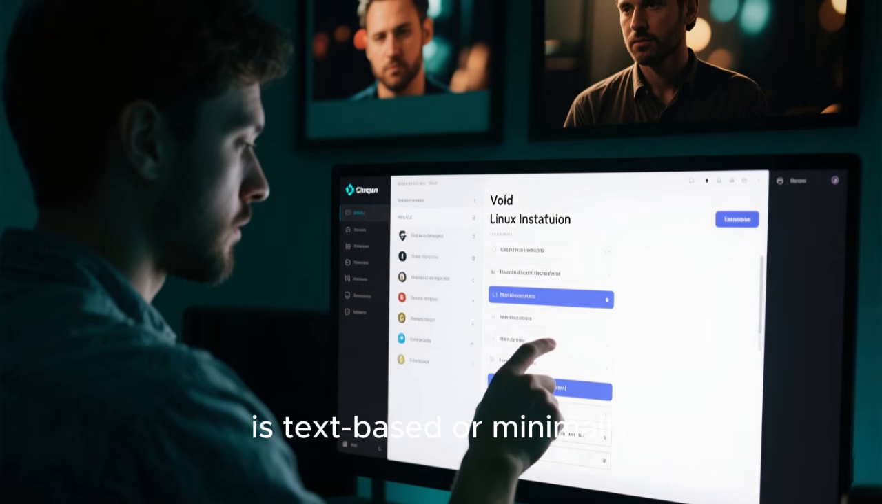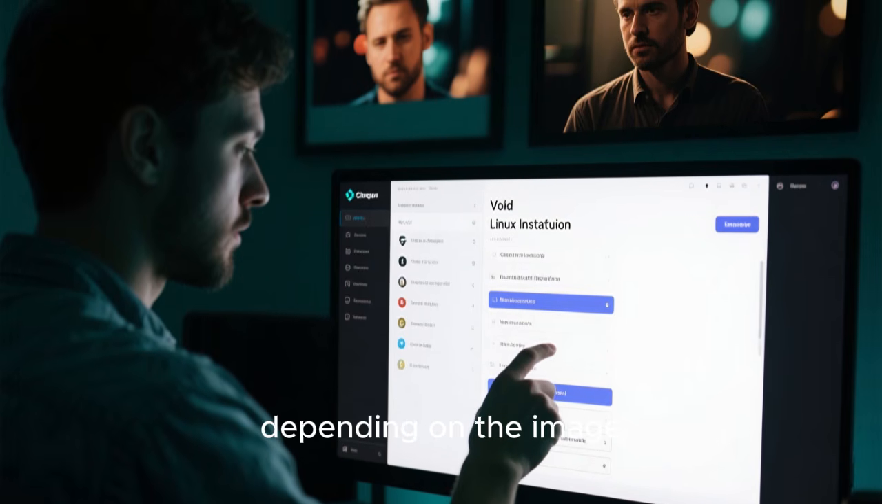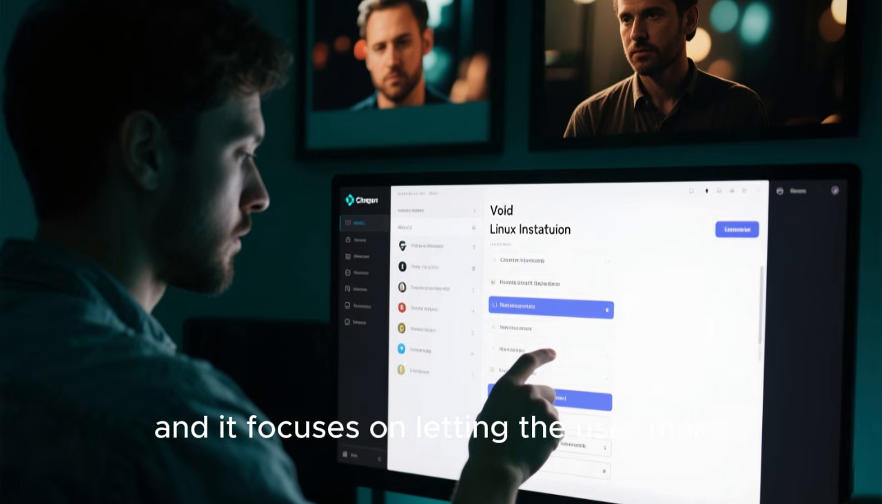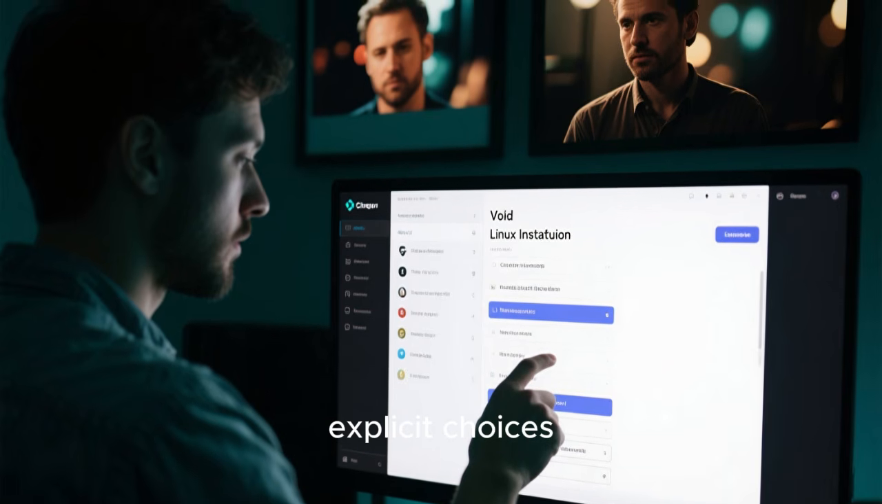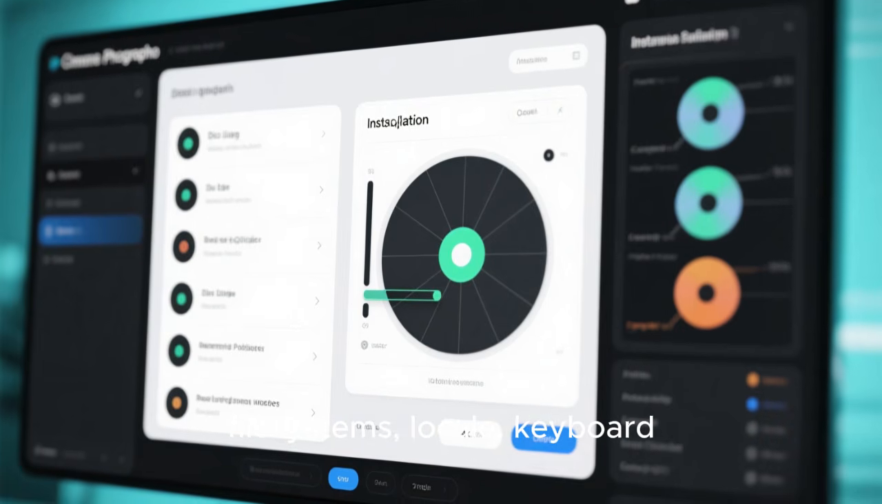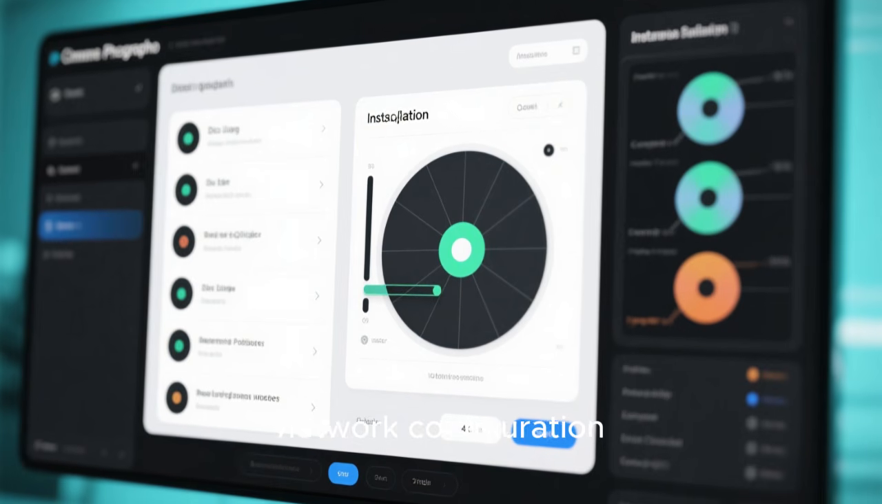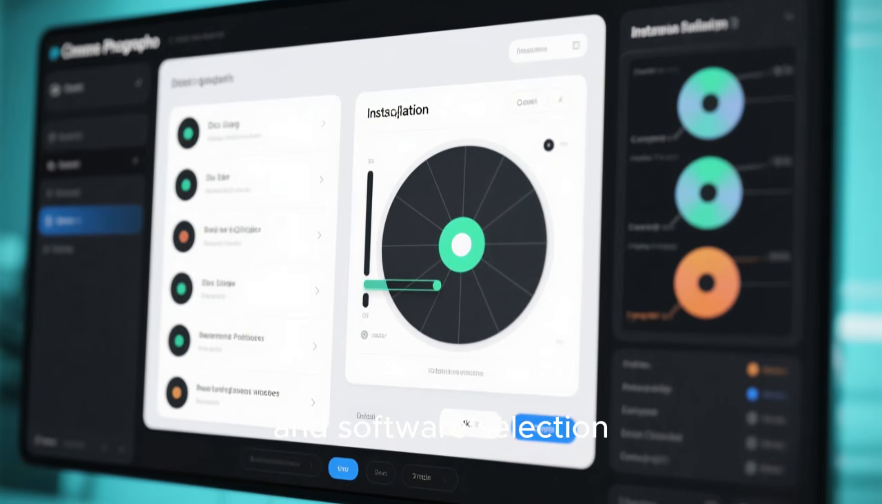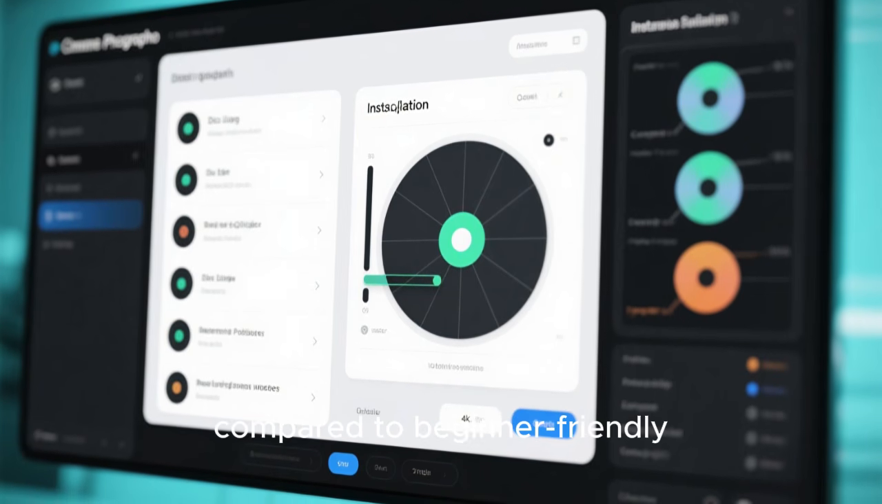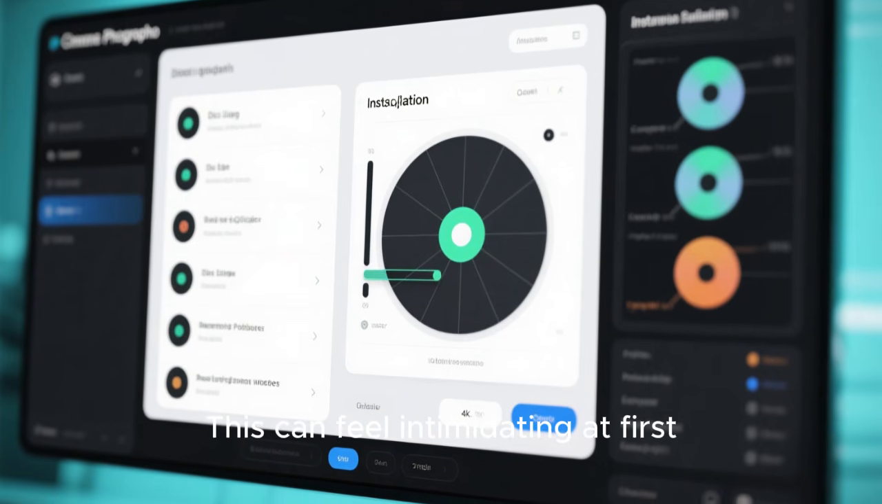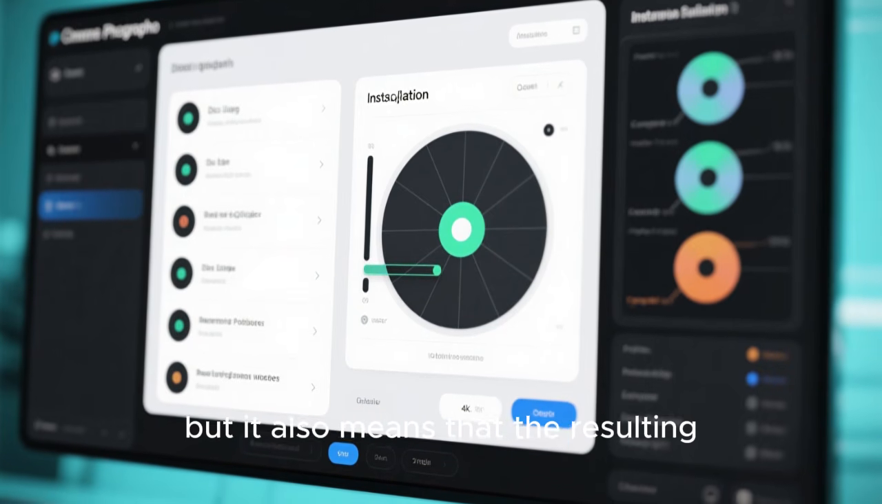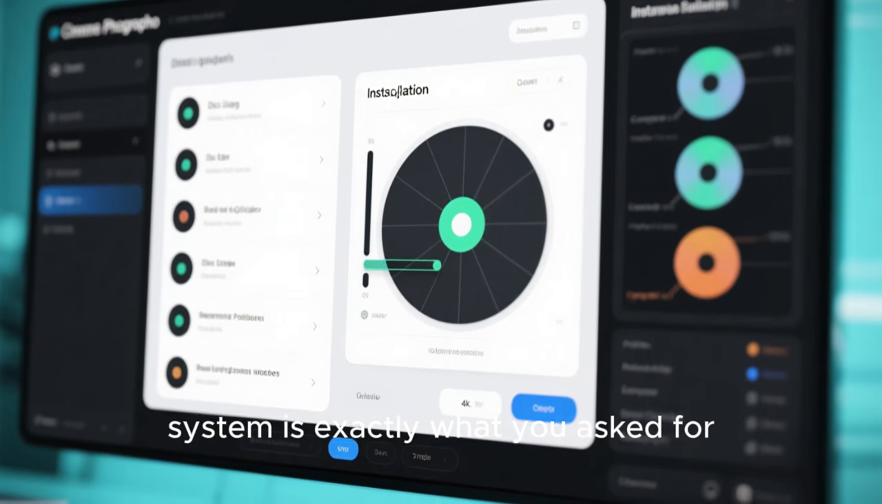The installer is text-based or minimally graphical depending on the image, and it focuses on letting the user make explicit choices. You select your disk layout, file systems, locale, keyboard, network configuration, and software selection. There are fewer presets compared to beginner-friendly distributions. This can feel intimidating at first, but it also means that the resulting system is exactly what you asked for,